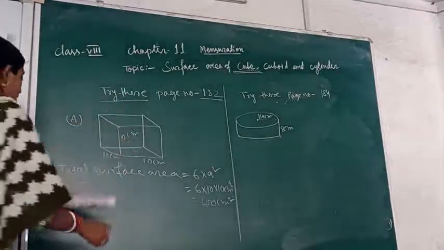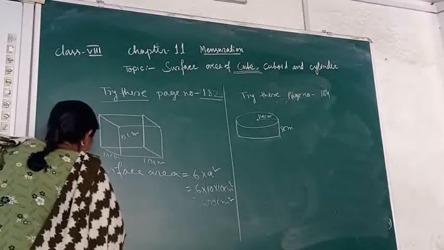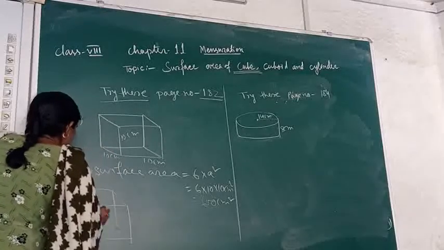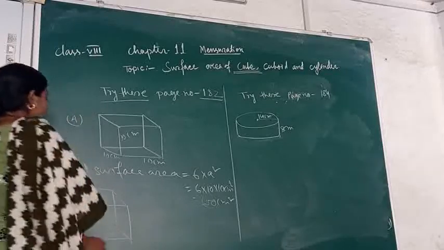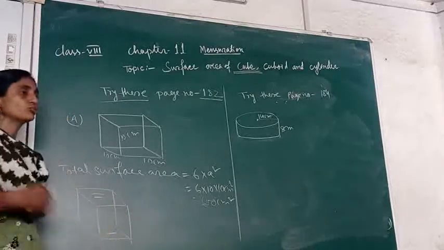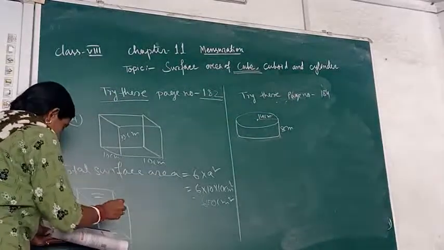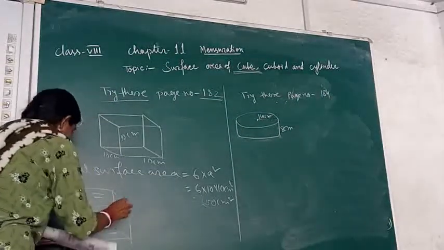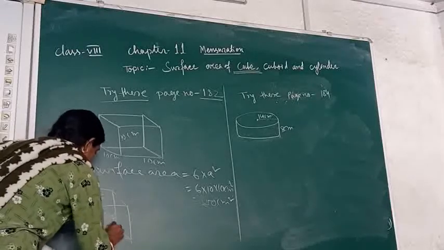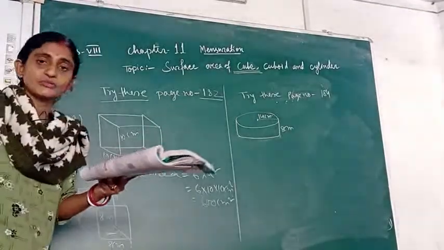On the same page, in the second bit, you have been asked to find the lateral surface area of cube B, where all the sides have been given as 8 centimeter. Okay, come to that question also. You are going to find that lateral surface area. Lateral surface means we are not going to include the top and the bottom. These two we are not going to include. So here how many faces are we going to consider? Here again you can see all the sides are 8 centimeter, and the length also 8 centimeter.